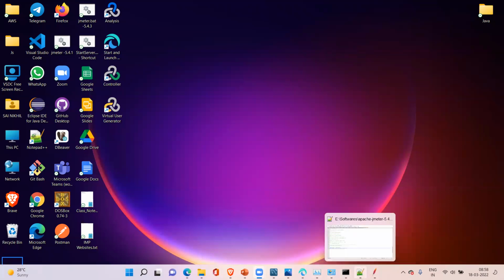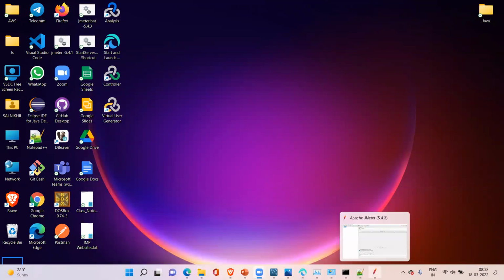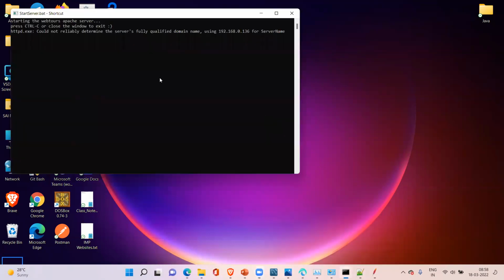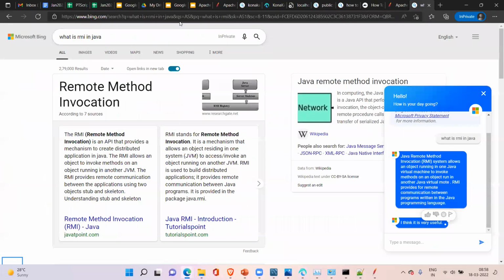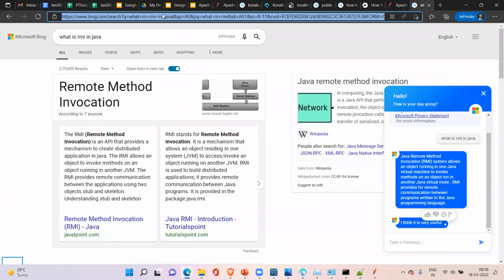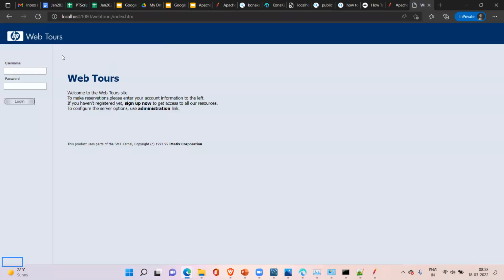Yeah. So to explain what is that 127.0.0.1, what I did is I opened the WebTools application. I started the WebTools server on my machine. And how to access that application, guys? You know that already. What is the URL for that? WebTools, localhost, 1080, WebTools, index.html. I think in the Edge browser it will not open directly. Okay. Right. This is how we are accessing the machine.